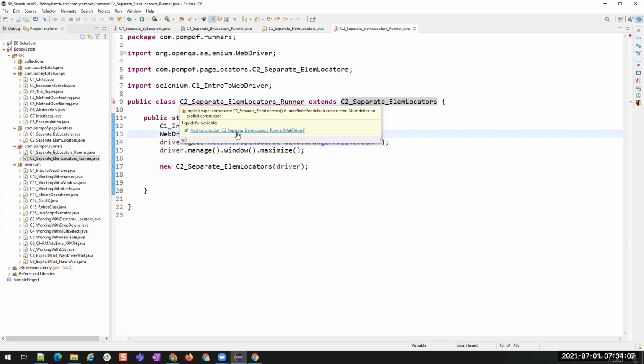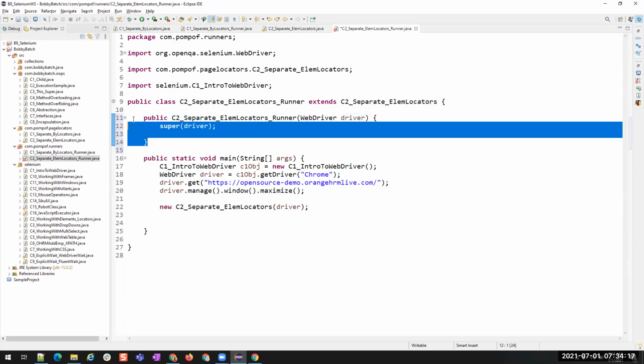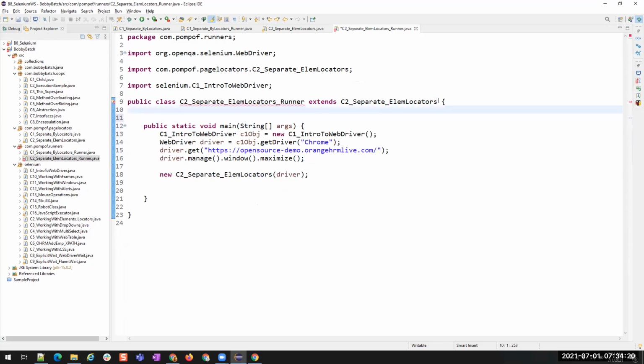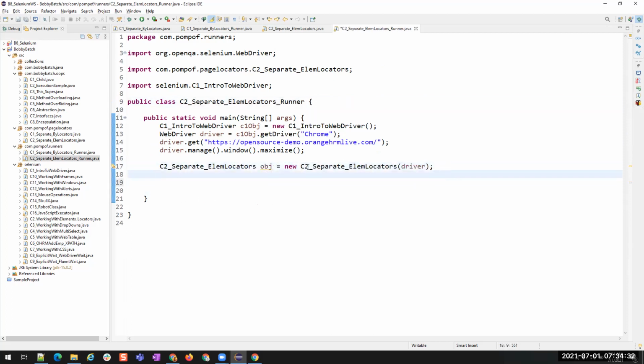Already there, right? C2 separate element locators. I don't want to have my driver here. It's okay. Fine. So we will use the object only. Now here I'll say these are all elements.